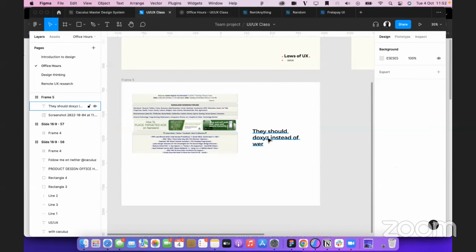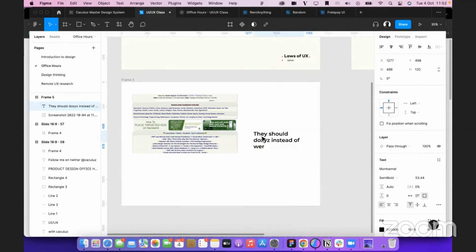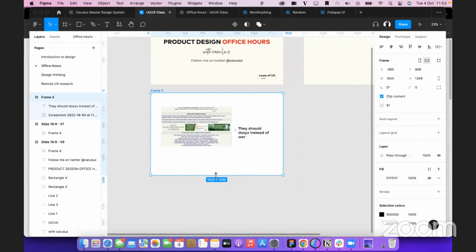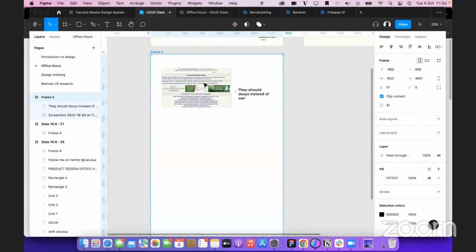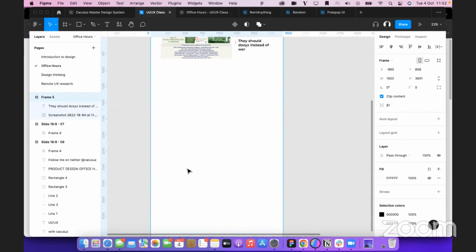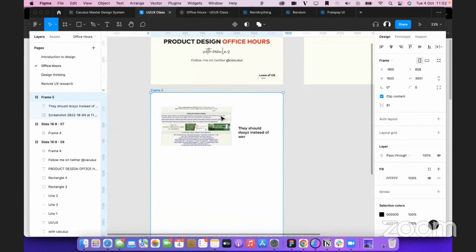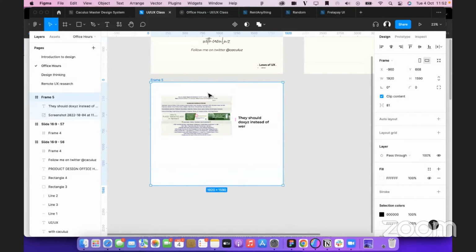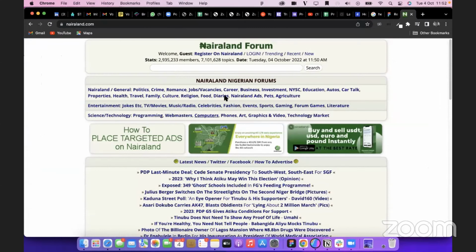All right. So that's how design thinking tags should be, right? You tell us what they did not do, but what they defaulted in, the law they defaulted in. Just tell us what you feel should be the solution by the side. So just do that on a frame, right? Make the frame long. Just the digital product, just Nairaland, not another product. So yeah, I think that answered the question.